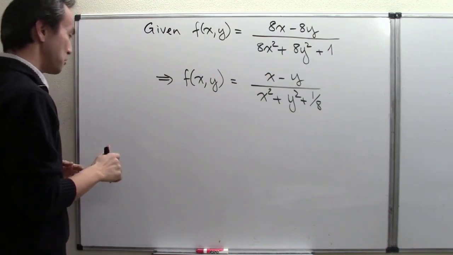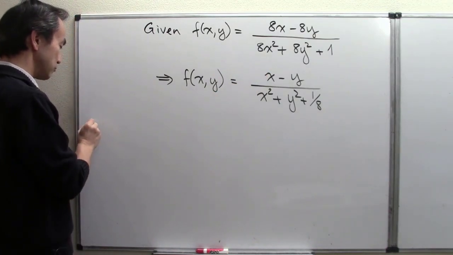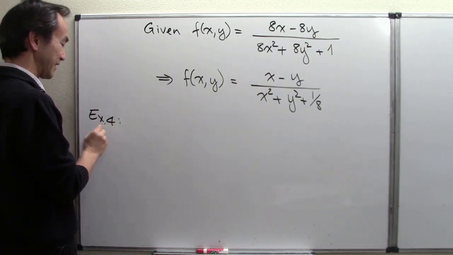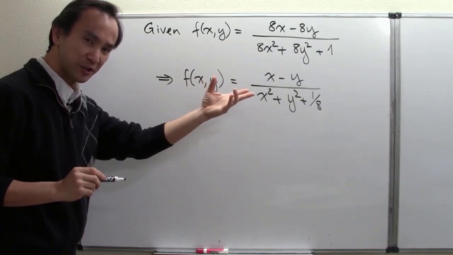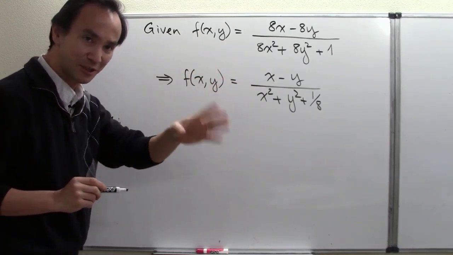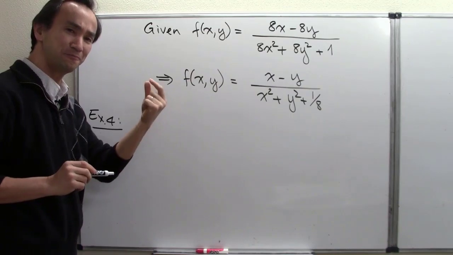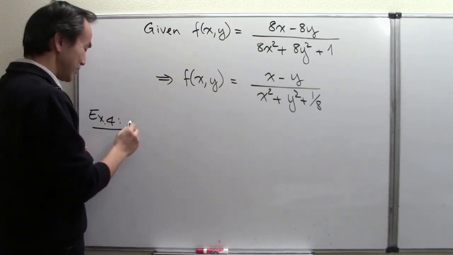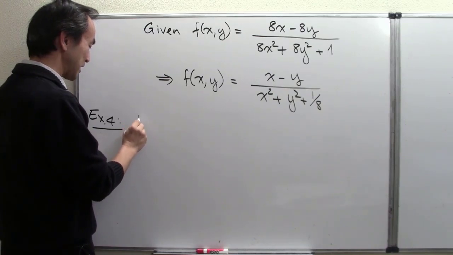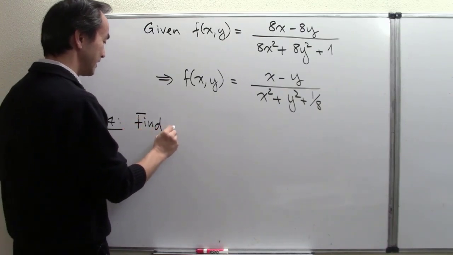Okay, but now allow me to bring in problem number 4 as follows, and I'll call that example 4. We have found previously, throughout the 3 examples we did earlier, the local maximum and local minimum and all that, and critical points, right? For this function. So now I want to say: find the